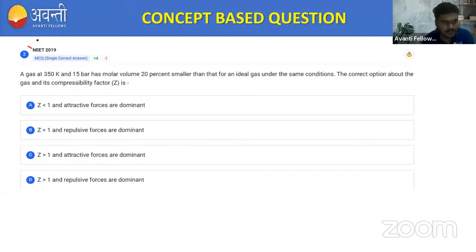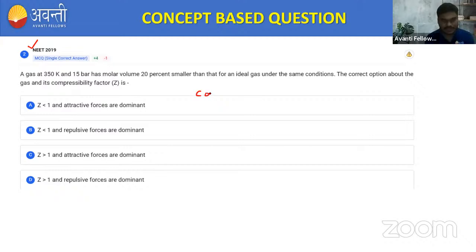ठीक है, चलो। ये भी नीट 2019 में क्वेश्चन आया हुआ है। देखो इसको क्या बोल रहा है ये, कह रहा है कि अ गैस एट 350 केल्विन and 15 bar has a molar volume of 20% smaller than that of an ideal gas under the same condition. The correct option about the gas and its compressibility factor is। तो सबसे पहले तो मैं तुम्हें बताऊं what is compressibility factor।